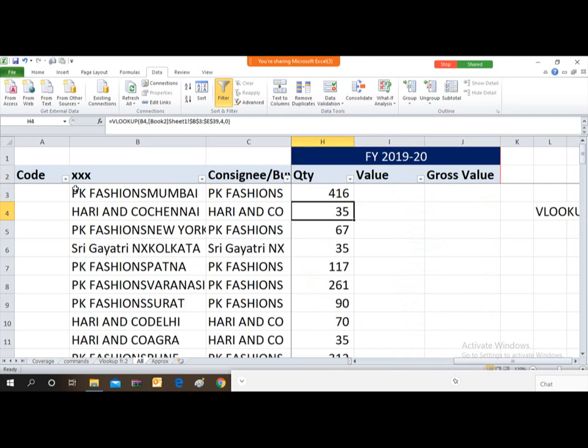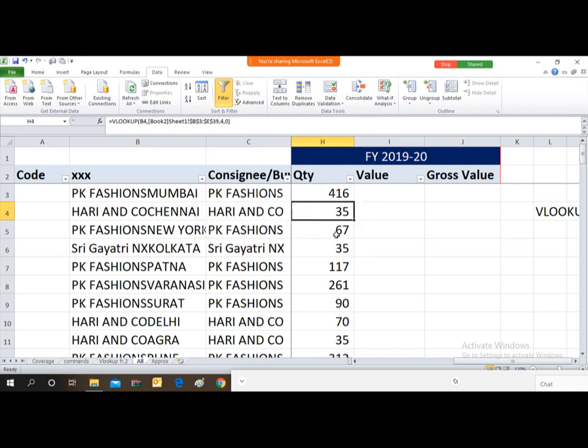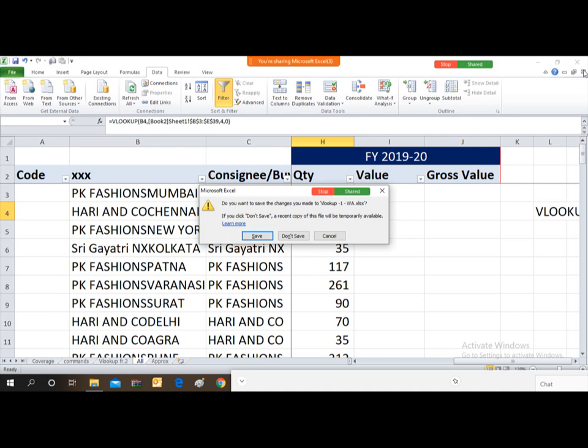Now if you want to close this file where I have used this VLOOKUP formula, it will show you one pop-up that you have used the formula from an unsaved file. If I want to close this file, it will always warn you that you have one unsaved file from where you have used the VLOOKUP formula.